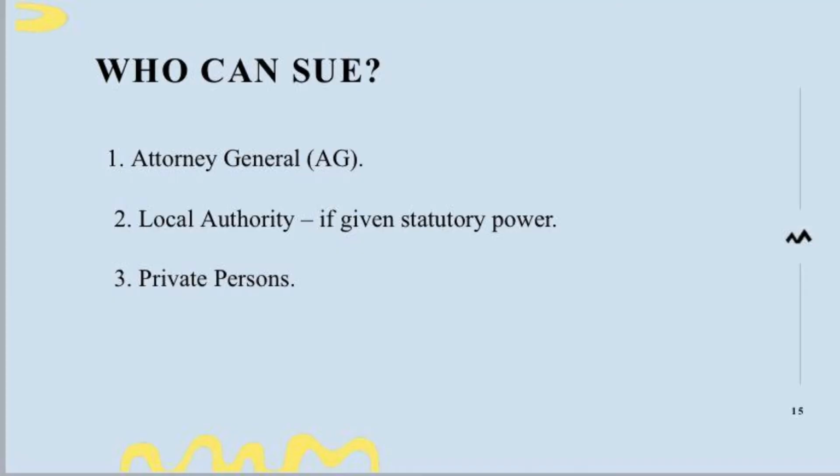Who can sue? The persons that can sue include the Attorney General, a local government authority, if authorized by statute, or in some cases, private persons. Like I said earlier, the Attorney General has the primary right to sue for public nuisance because it is a crime. Students of criminal law, you know that crimes are regarded as actions against the state, and the state is the one that prosecutes. So the same goes for public nuisance. Attorney General and PYA Quarries that I have mentioned many times.